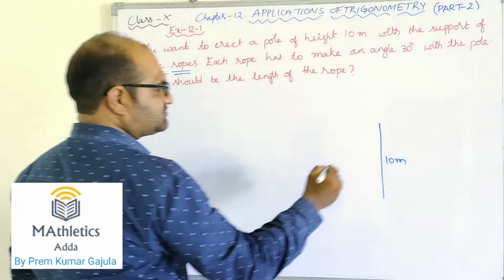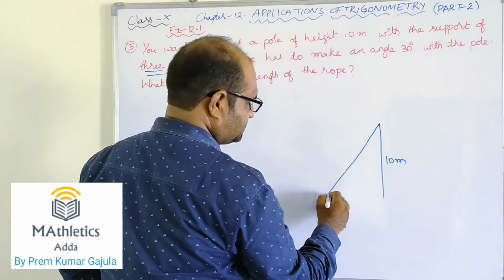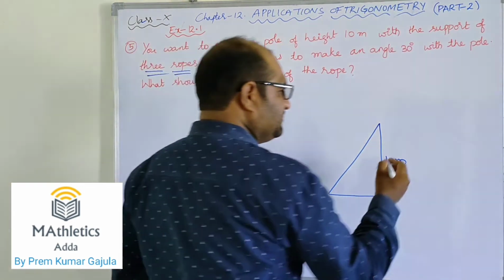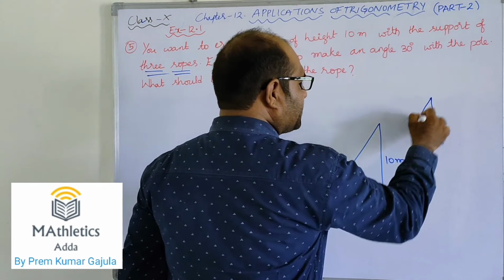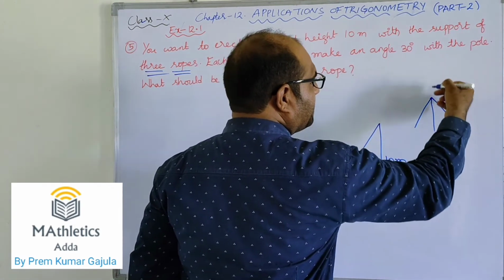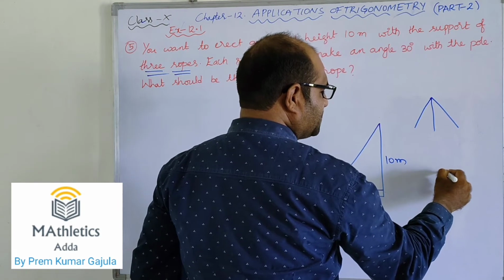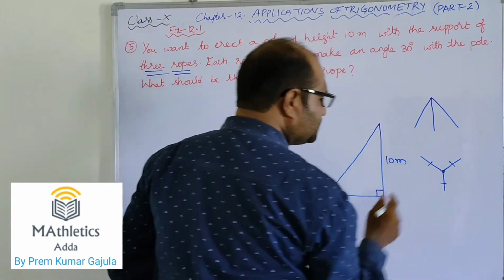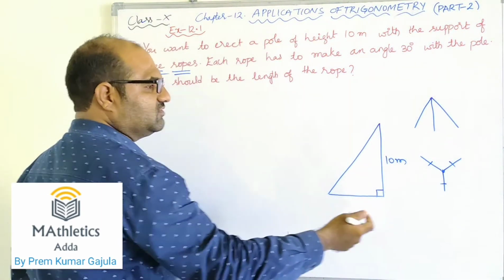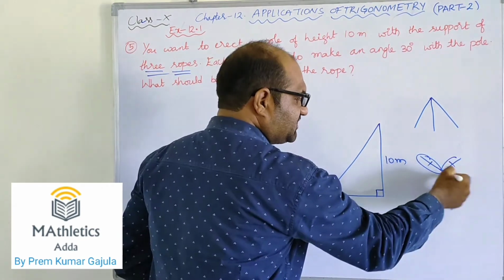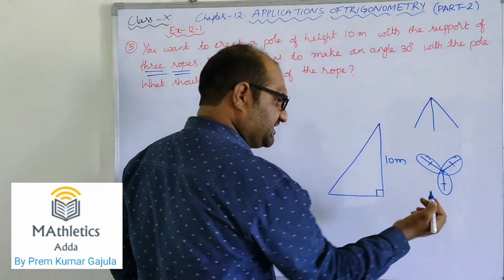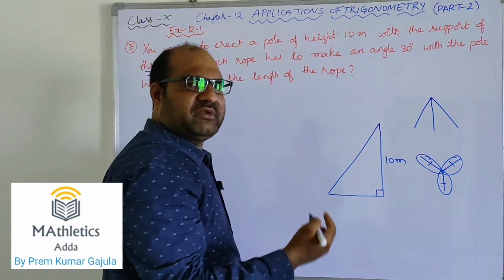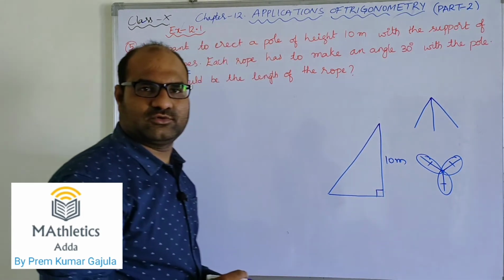And we have to use 3 ropes. So I am using first one rope. If you use one rope, you will get one right angle triangle. So actually we can use, for example, this is the rope, from one side and from the other side and from the back side. If you look from the top, it looks like this. This is the pole and these are the 3 ropes. We use these 3 ropes to erect the pole. In this case, the lengths of this rope, this rope, this rope will be equal. That is why we are taking only one rope case. After getting the length of one rope, we can multiply it by 3 to get the total length of the rope. Yes?